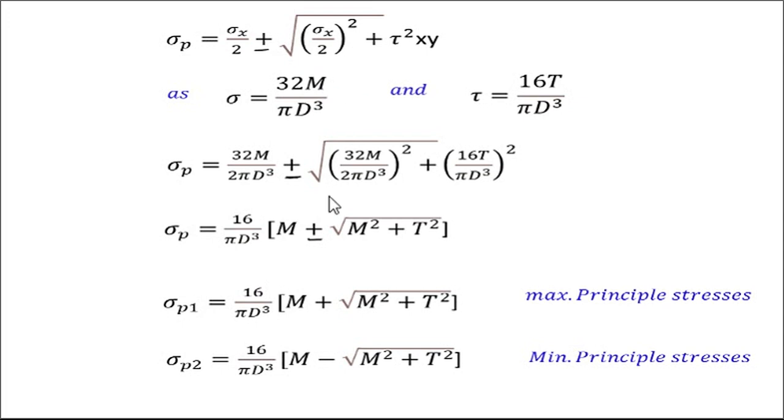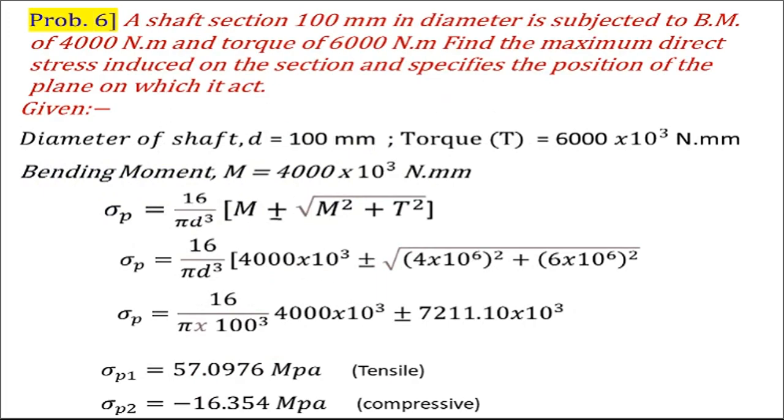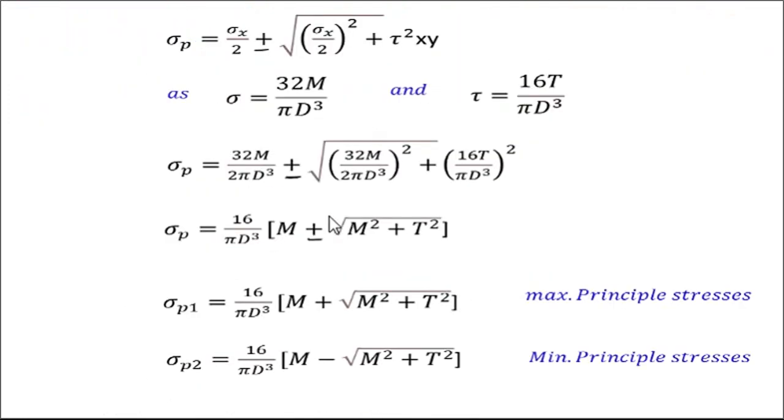Okay, I hope you understood the derivation of the combined loading, bending moment and torsion, and a very small problem on this combined loading of this particular shaft. So I hope that if this problem is asked in the examination, you will be in a better position to solve it from this basic relation. If you are not able to remember the formula, please remember the derivation of how this particular formula is derived from the basic relationship of the principal stress.